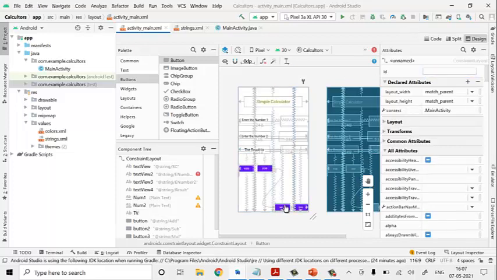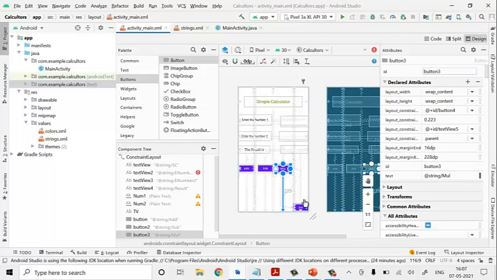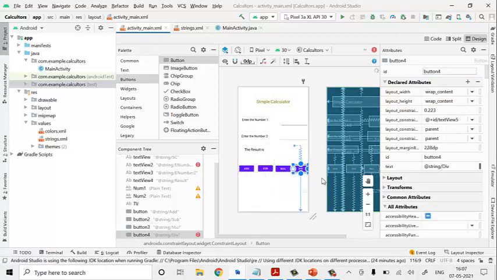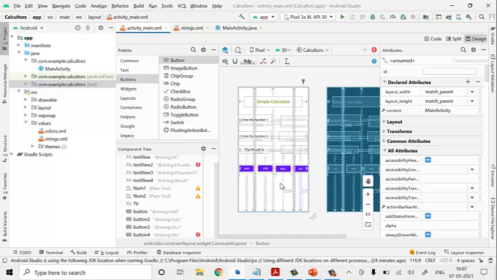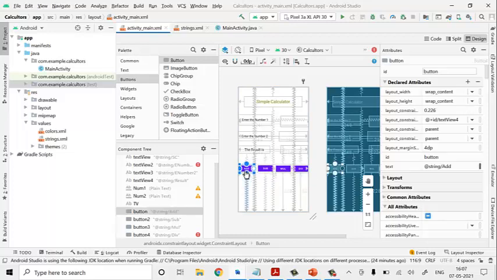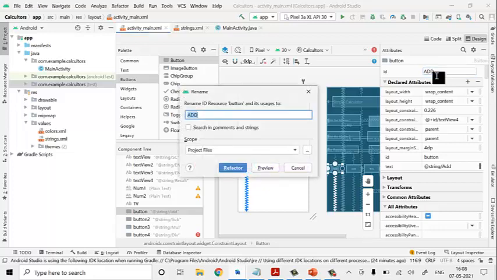Okay, why has it jumped to this particular position? We will set this correctly. Okay, we have set everything. Now it is done. Now ID has been set for text boxes and your resultant. Now again we have to set for your buttons also. Take this particular button and make it ADD. I have done. Go back and refactor it.